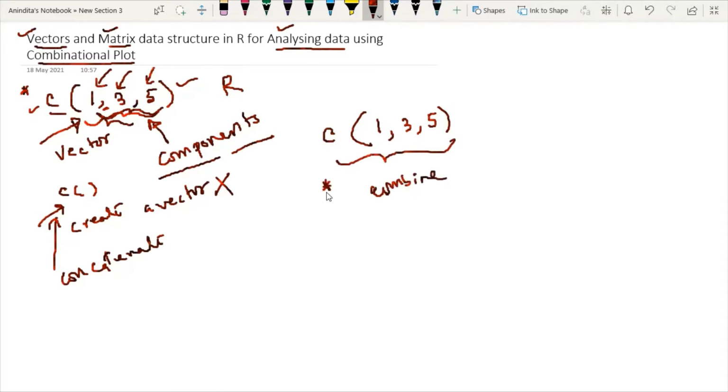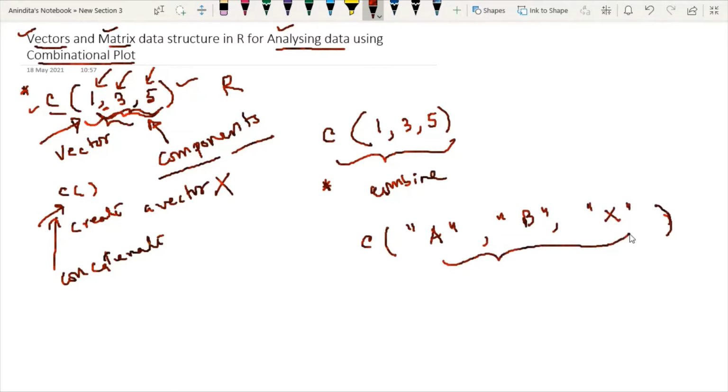Say the first vector contains some names such as A, B and X. After writing the components and combining them with the c function, you can store this vector.